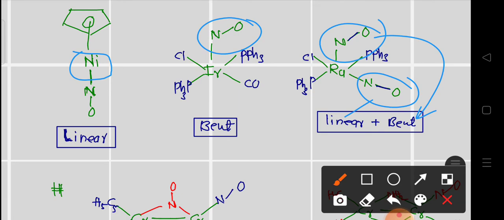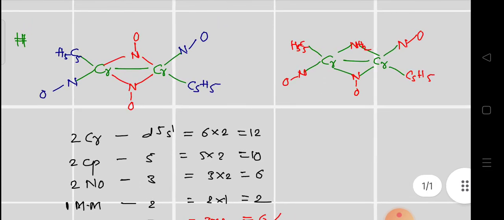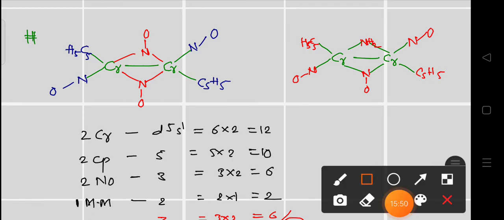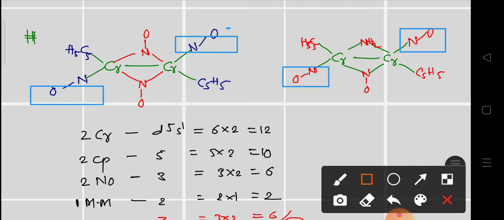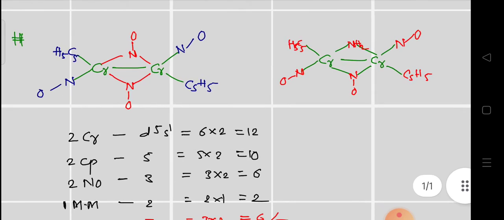Very interesting. Now you must know about some examples regarding this. If I have two different complexes, you can check here. These two complexes are also examples of linear as well as bridging and bent. Look at this one: this is linear, this is linear, and here also linear. Both examples are the same, where simple bridging ligands are present, and this bridging ligand is the NO. You can count the electrons also, and these are two examples for your exercise.